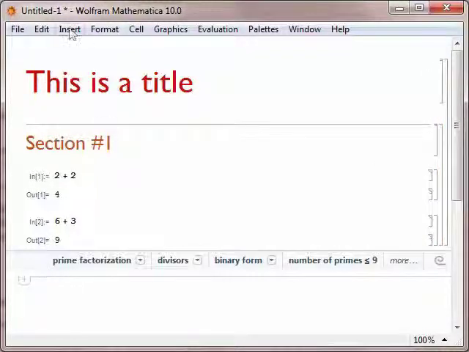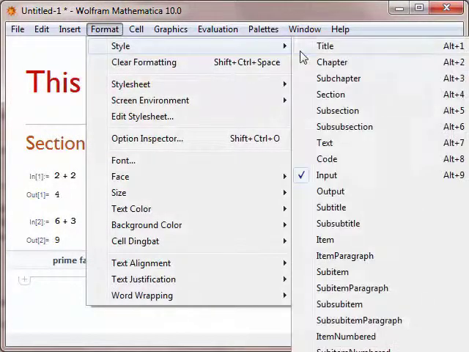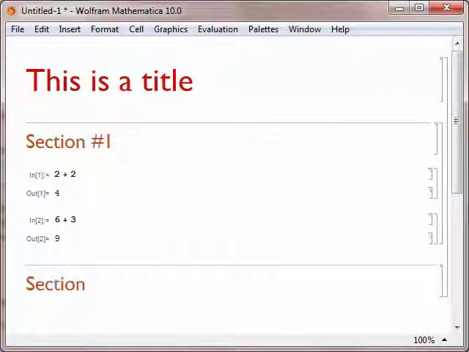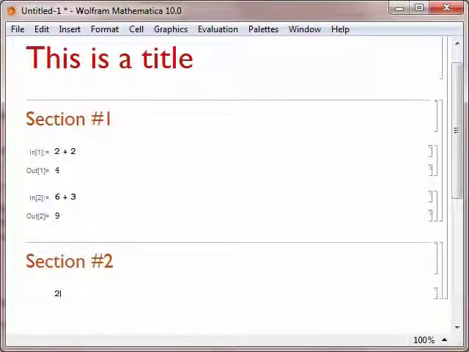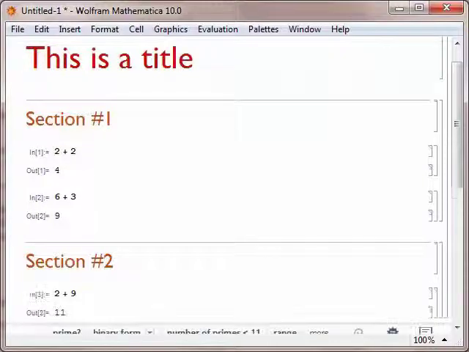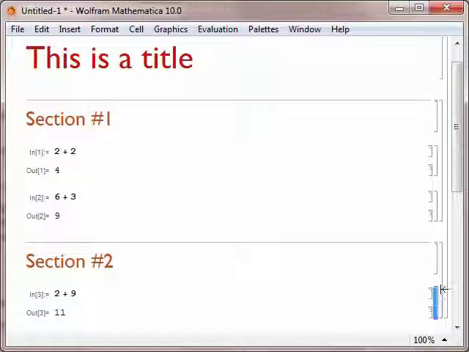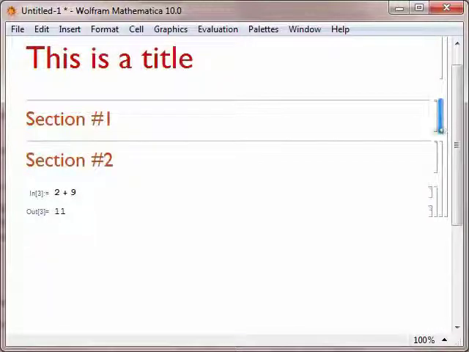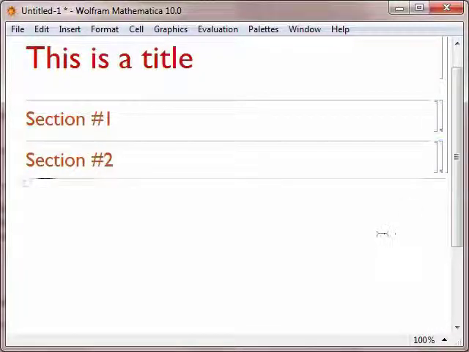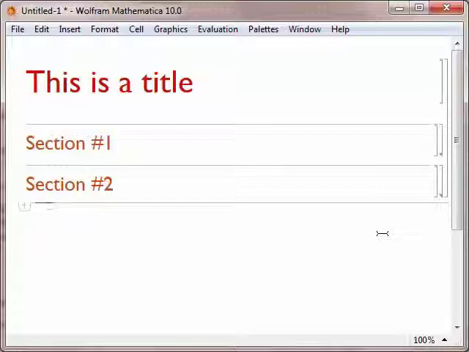If I were to create another section cell and create mathematical content within that section cell, we would see that the input and output cells are grouped together within the section, but this section is separated using cell brackets from section number 1. If you double-click on the cell section bracket, it closes those sections and makes it so that your work is organized and you can open and just look at the parts of it that you want to see one at